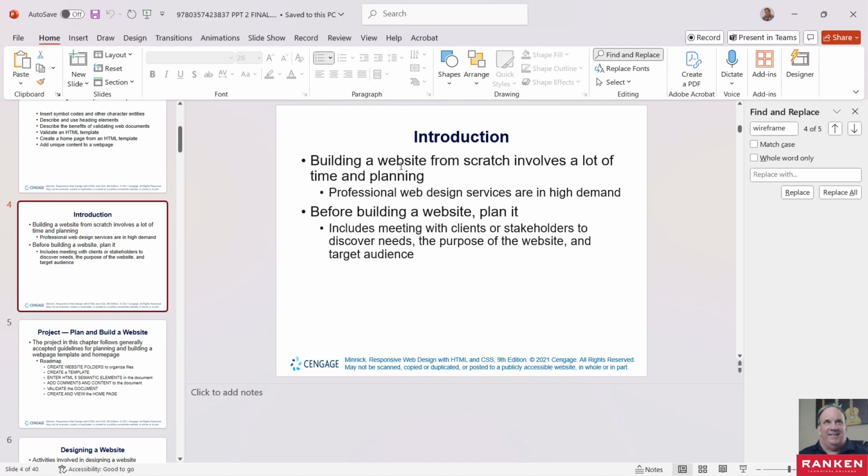So building a website from scratch involves a lot of time and planning. Professional web design services are in high demand. Before building a website, plan it. It includes meetings with clients or stakeholders. And as far as what a stakeholder is, pretty much anybody who's